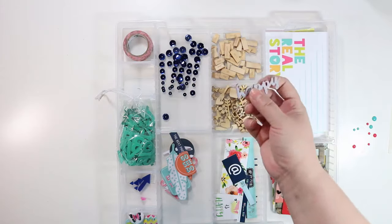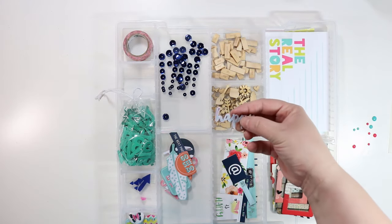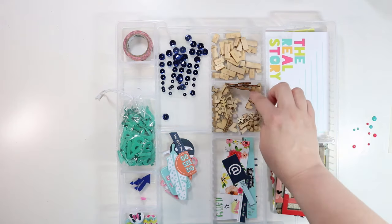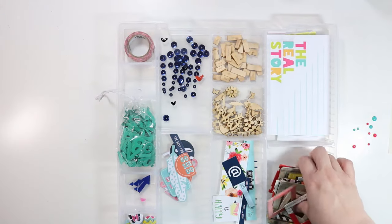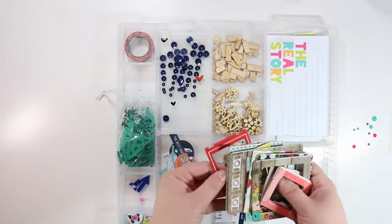I think I'm going to throw this word happy away. It just looks gross. I tried to paint it and it didn't turn out, and now it's got this thick texture. Anyway, I'm going to throw that away. But I still have a bunch of these left over, so I'll throw those in with my wood veneer as well. I did use some of the frames, but it comes with so many in a package that I have